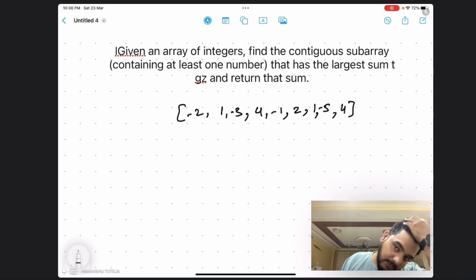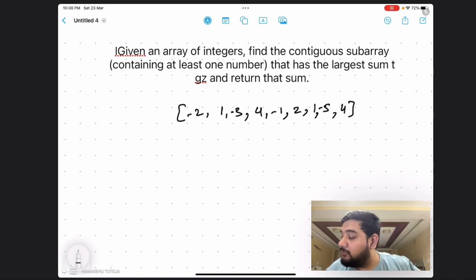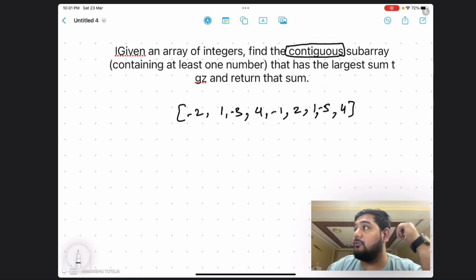So basically what this problem statement says is, you need to find the subarray that has the maximum sum. So how will you find it in brute force? In this array, find a subarray which has the maximum sum, and the only condition is that the numbers should be contiguous. That means it needs to be regular, there shouldn't be an interval between them or a number that is dropped.